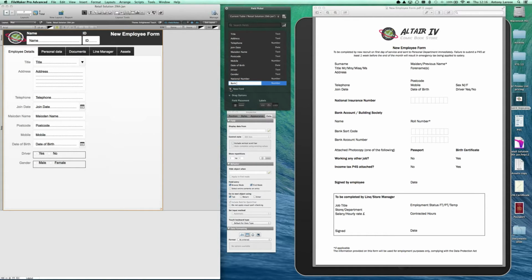We need bank, what was the bank name? That's going to be text field, and then we're going to go for bank sort. It's a number, and bank account number. That's a number again. What else have we got here? I think that'd be fine. So then,